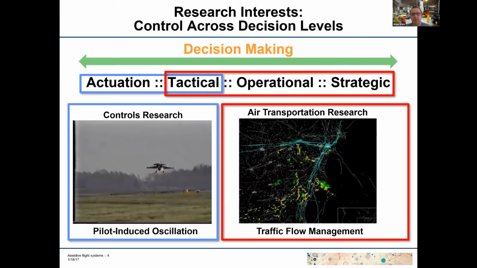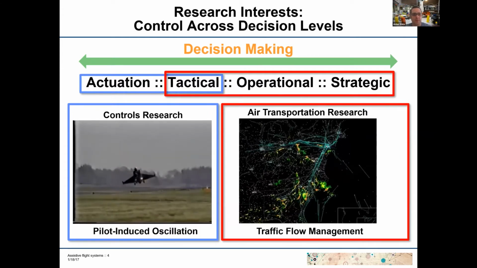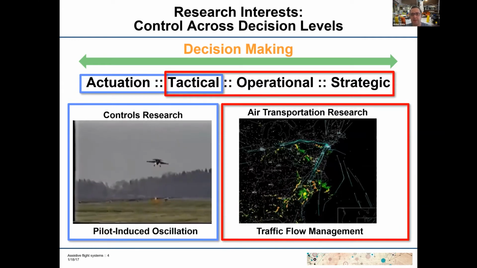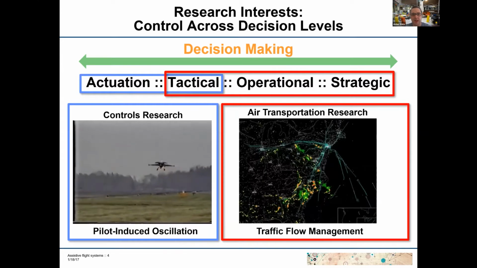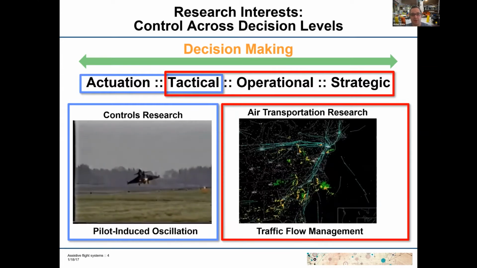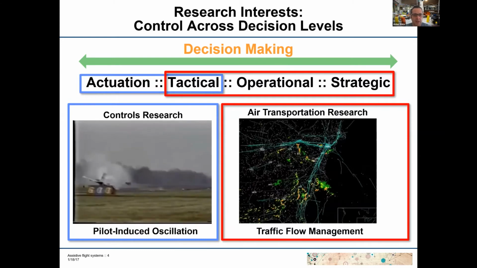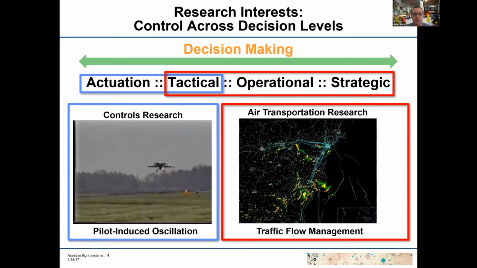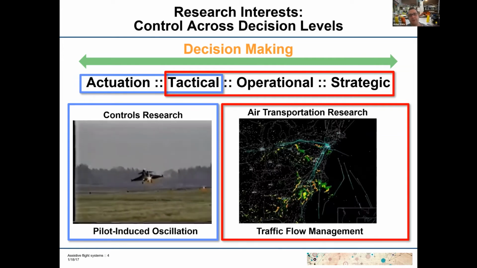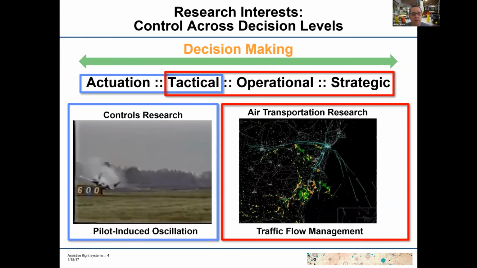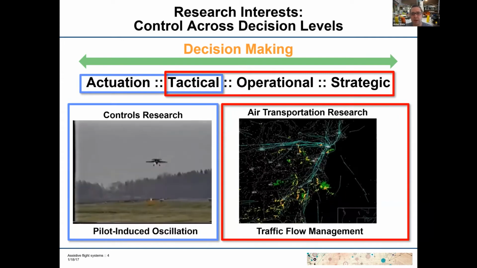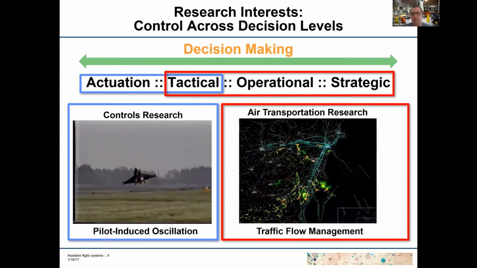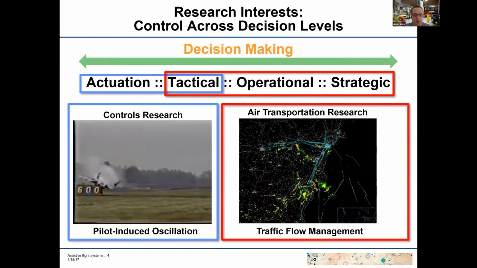But within that, I have a unique take on it from other folks in the field. I actually come from a controls background in robotics, and somehow that transitioned into optimization and air transportation and an interest in human factors. Specifically, what I'm interested in is the role of the human in decision making and how we can tie ideas from control theory into air transportation research and more broadly, human interaction with robotic or intelligent or some sort of decision support system.